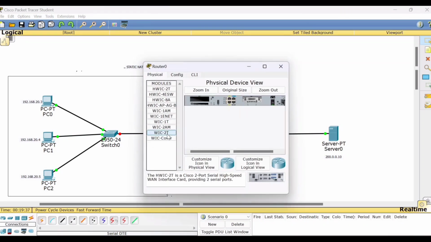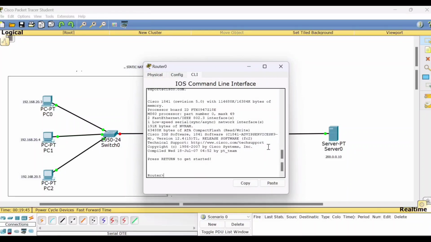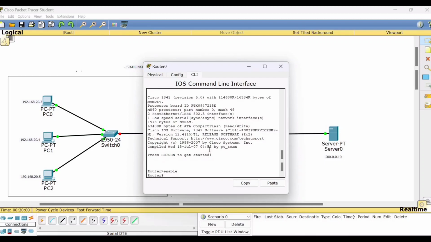I have a separate video on default routing, so you need to click to the router and go to the CLI mode and type a command here. First enter into the privilege mode. In the privilege mode, what is that you will be doing? First you will be taken into the user mode, enable, then you will be taken into the privilege mode, type configure terminal,